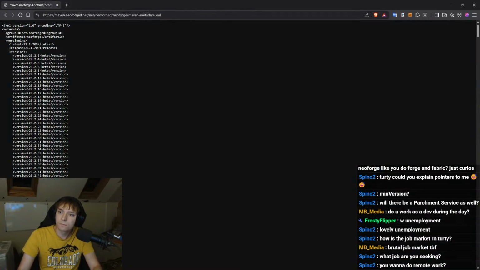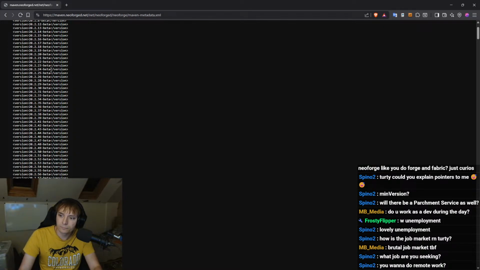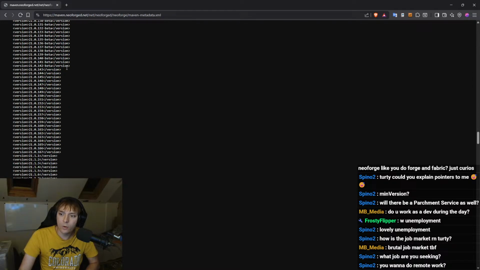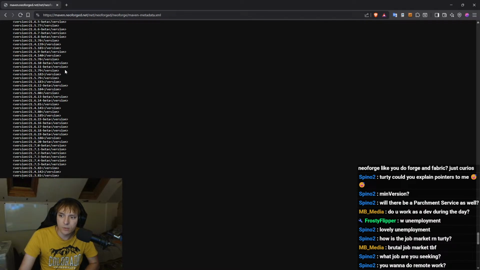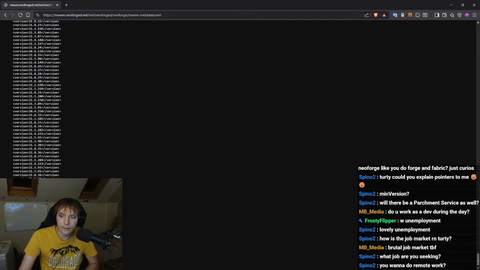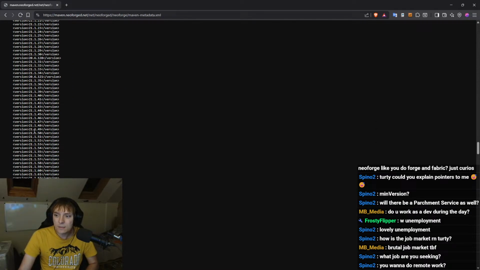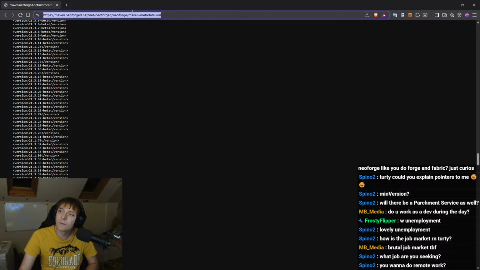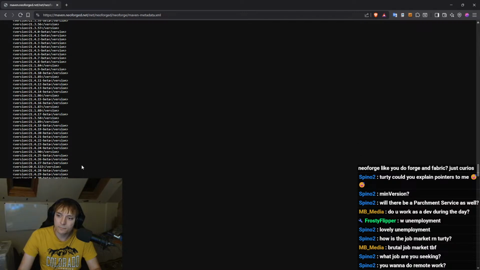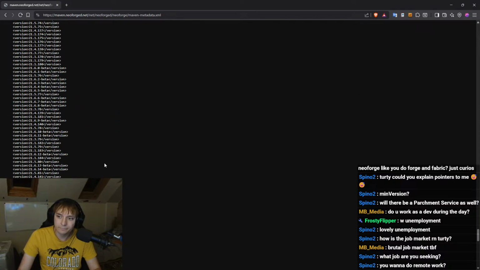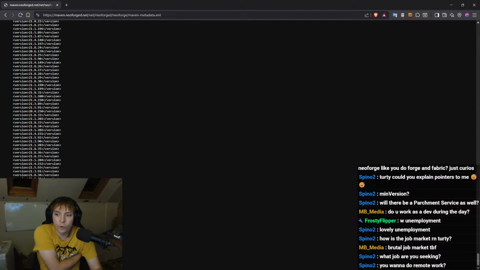Can I do this? Yeah, there we go. Oh, I forgot NeoForge have this stupid versioning scheme where they get rid of the 1 dot. So it's all like 21 dot or 20 dot. And it kind of makes sense, but it kind of messes everything up, I'm being honest. Because all of my code thus far accounts for the 1 dot, and then NeoForge comes along and says, nah, we're just going to do everything different. We're just going to not have 1 dot.